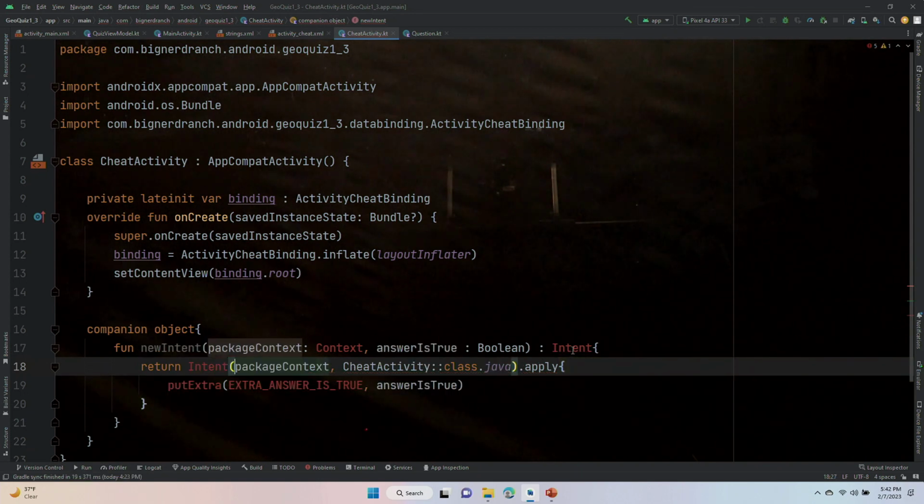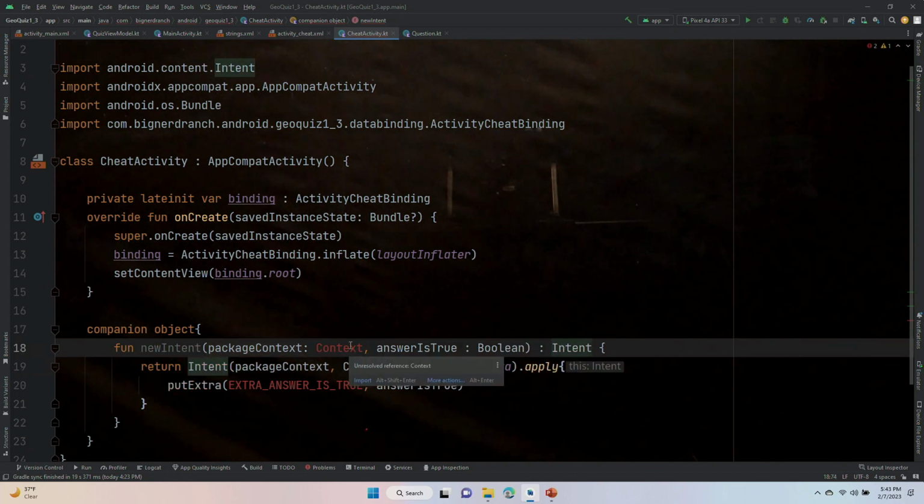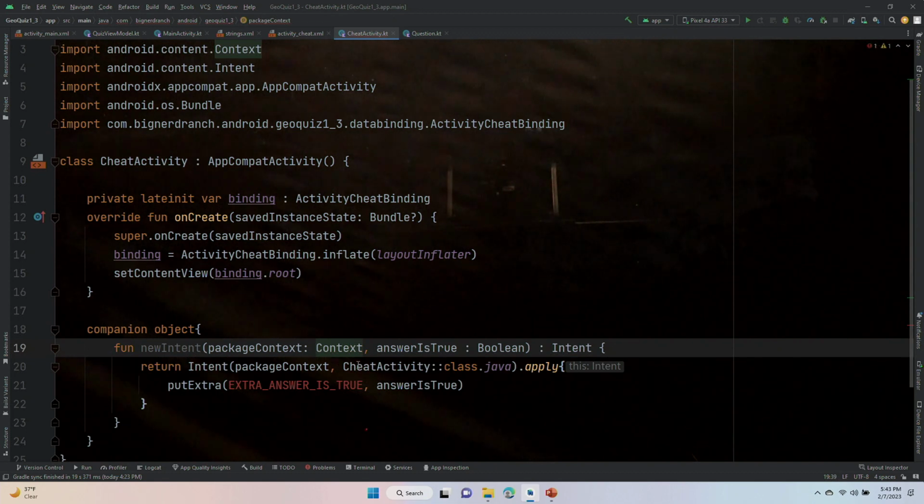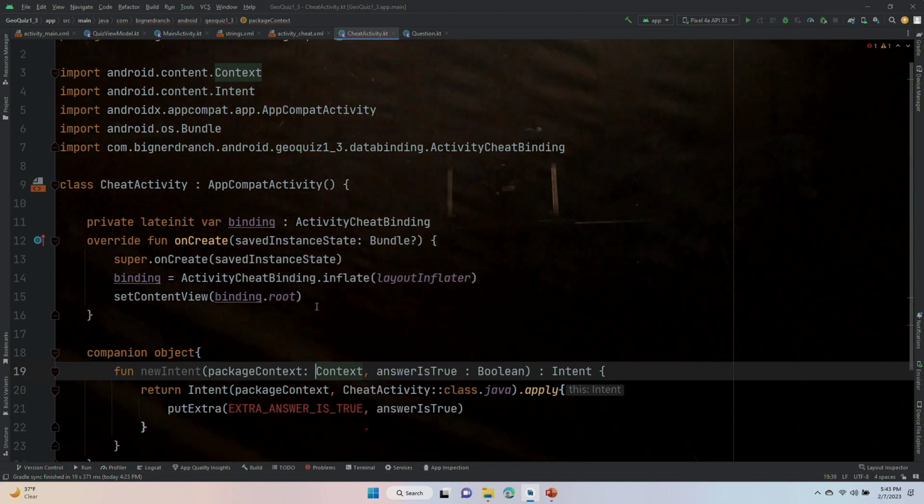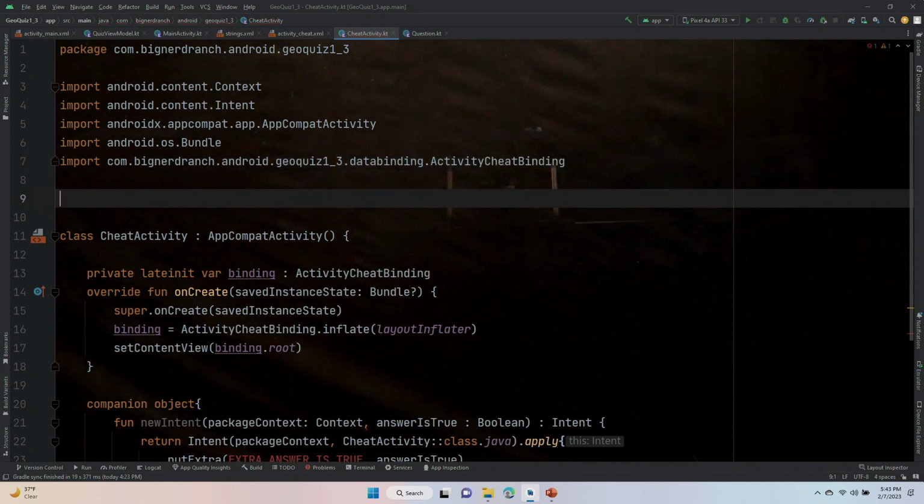The rest of these are very likely imports. Yep, and this EXTRA_ANSWER_IS_TRUE is going to be a field up here: private const val EXTRA_ANSWER_IS_TRUE, it auto-completes, is equal to